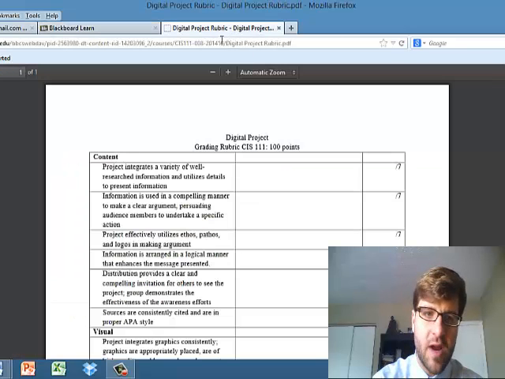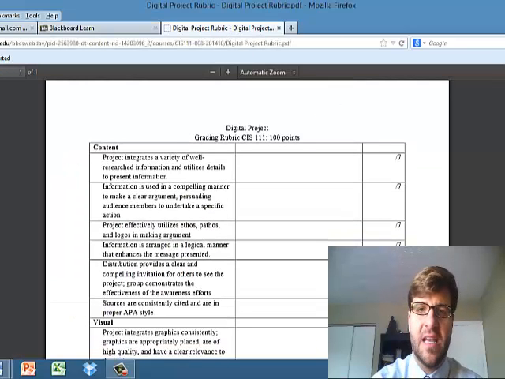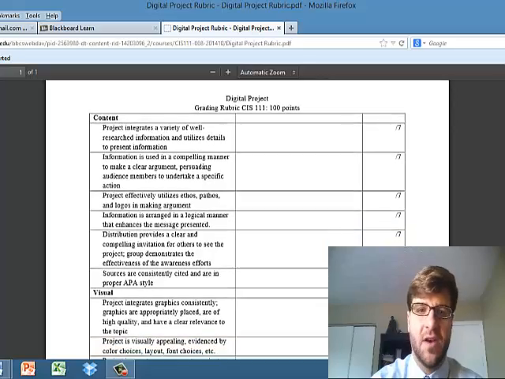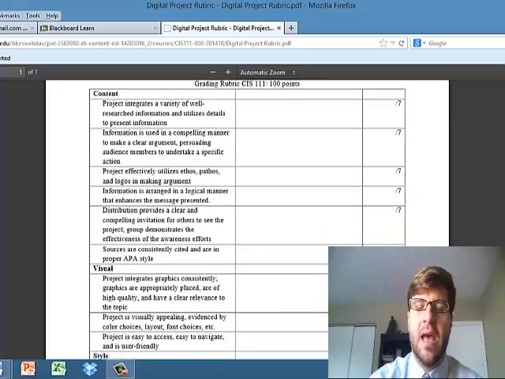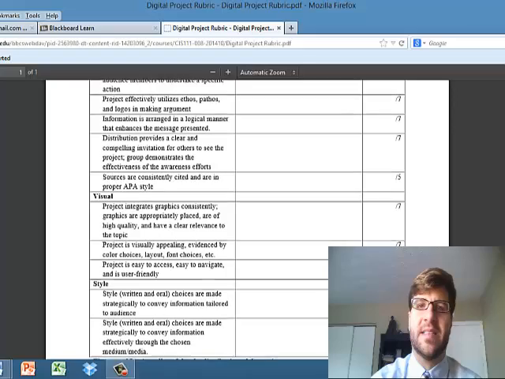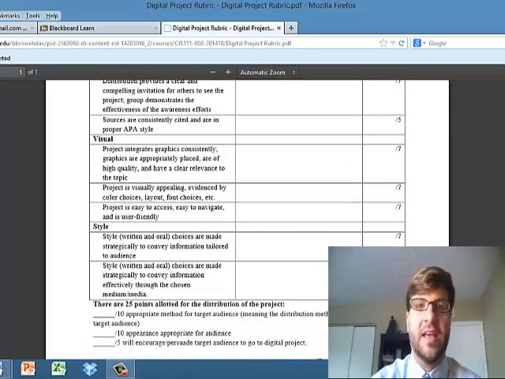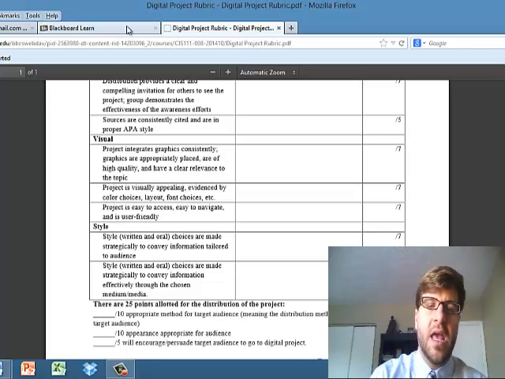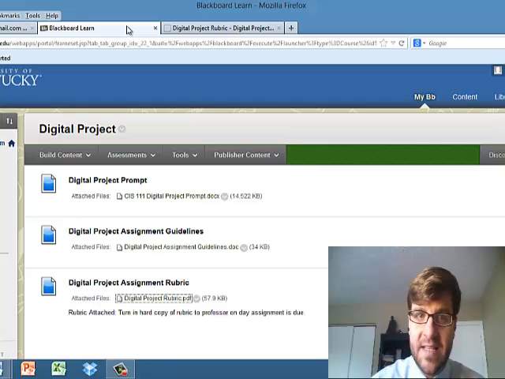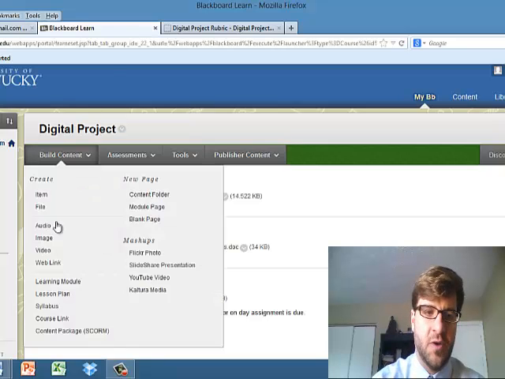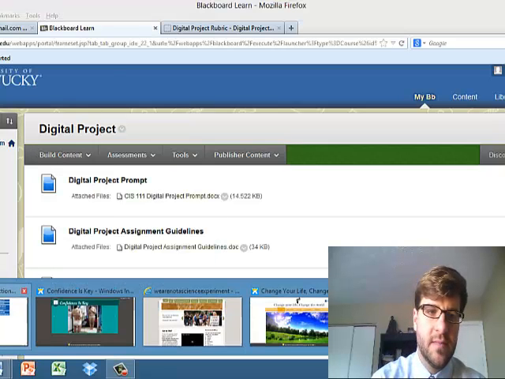And then here is the rubric, and you can look specifically at different dynamics of those. We aren't going to walk through all of it, but just make sure that you, as an individual and as a group, are recognizing all of those elements and including all of those elements in your project. If you want to see examples, which I believe would be beneficial for you, you can go to